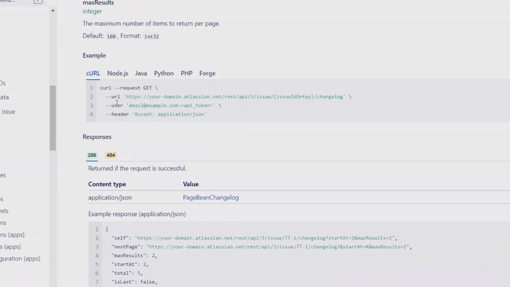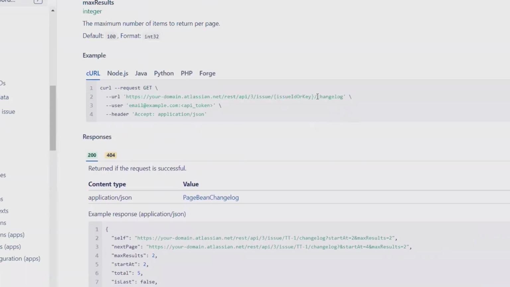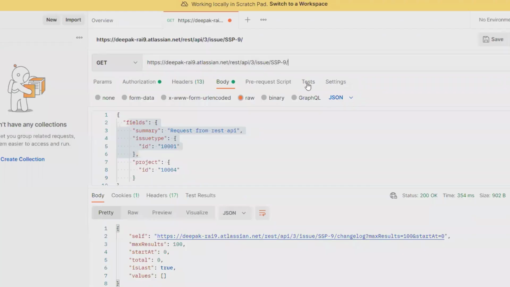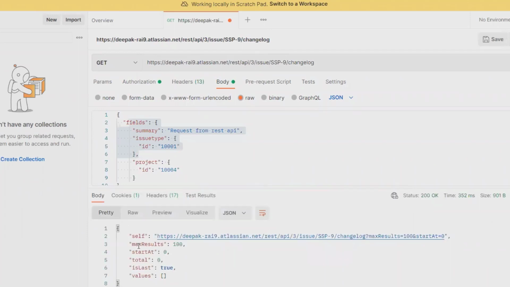You can see here the user related information is available. The domain name is specifically mentioned, like issue ID and change log. So here we are tracking with the individual issue ID. Let's say we are tracking for SSP 9, and then we'll copy the change log. Now, once I click on send, I will get the complete change log, where we will get